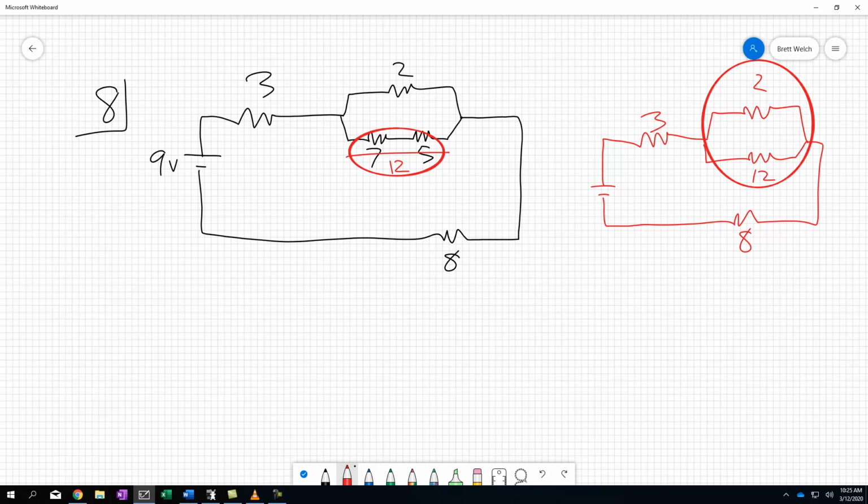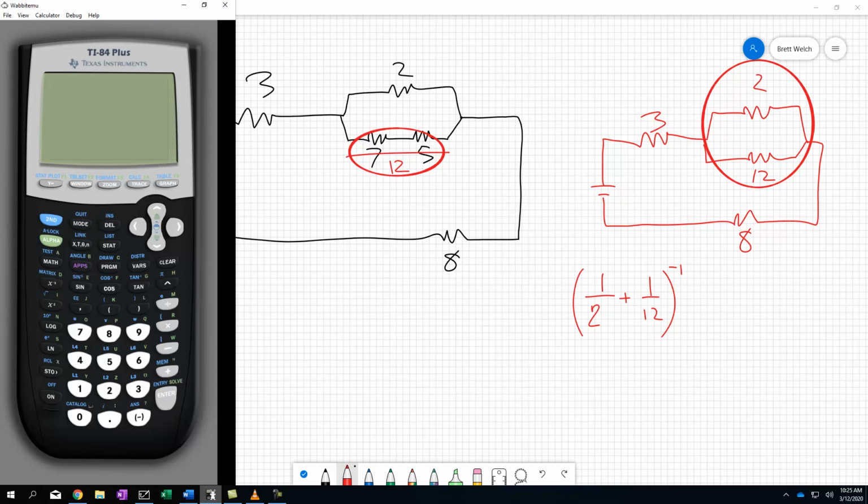I have to add them in parallel. This is where we do (1/2 + 1/12)^-1. And we use our calculator. 1 over 2 plus 1 over 12 to the negative 1. 1.71,